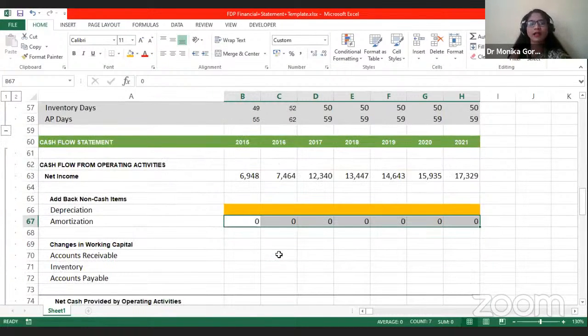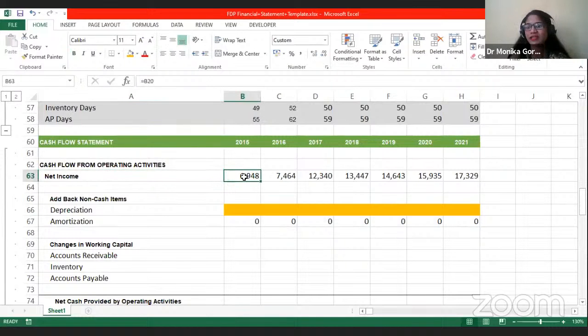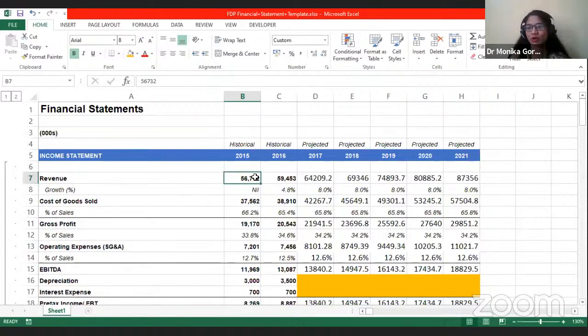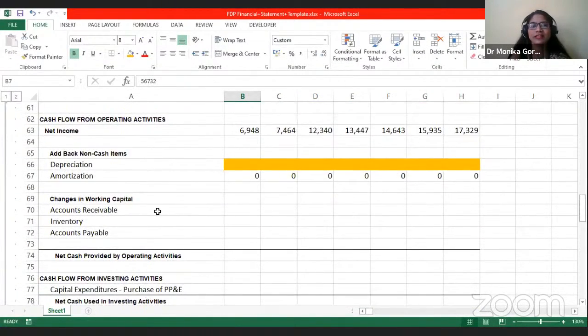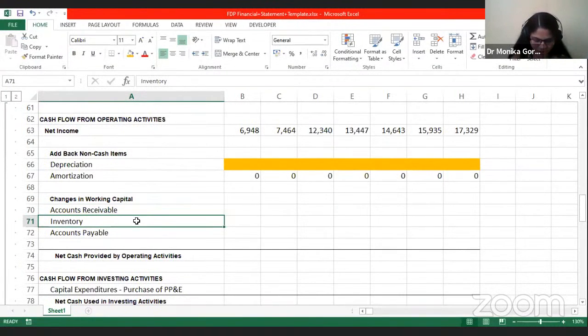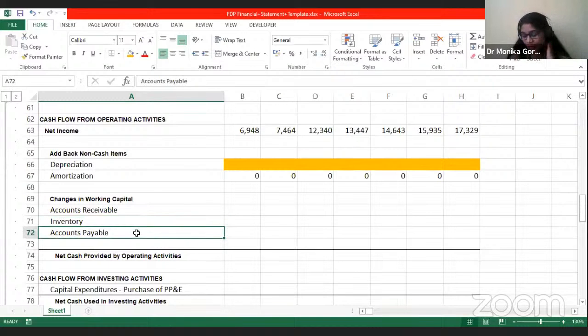Okay, now moving ahead, our net income statement has given us the amount which also includes the revenues, which include account receivable also. So we have to consider the changes in your account receivable, whatever the changes are there in your inventories, and whatever the changes are there in your accounts payable. Working capital means your current asset minus current liabilities. It will tell you how much the assets are more than the current liabilities, whether your current assets are more than your current liabilities, or whether they are less. So when we talk about working capital, the difference between current asset and current liabilities, in our cash flow statement we are going to only consider the changes, whatever the changes are there in your